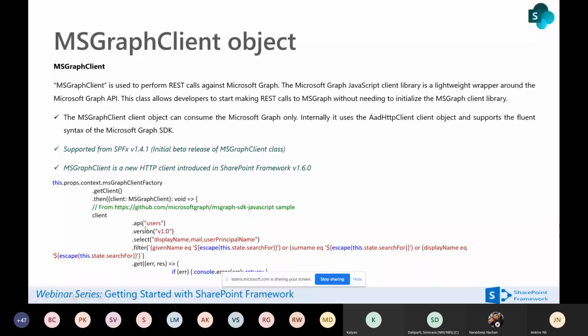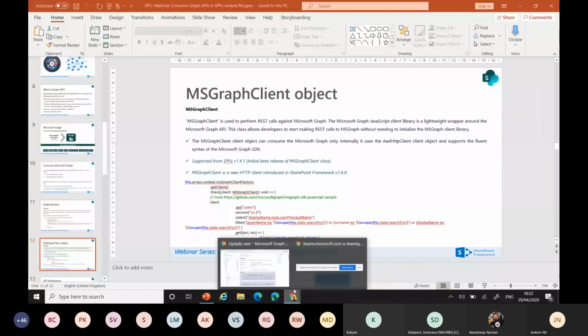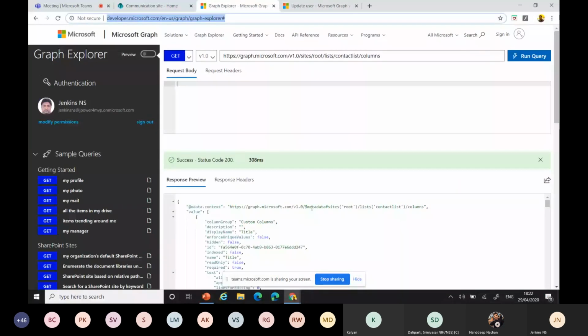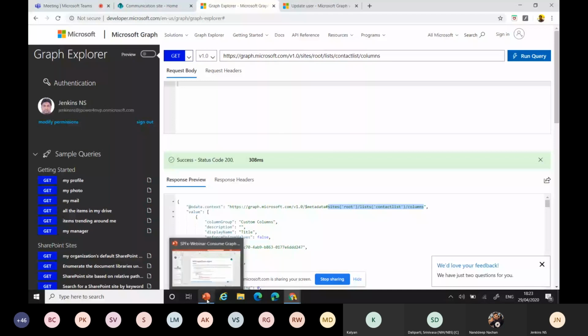This is a user API. That's the reason it's a single word. If you go for sites, whenever you can see the URL output, how to take the API, it's better to understand it from the Graph Explorer. From here, you can see the metadata, sites hash. You can take this as an API. Then you can easily process the value, and we can identify it like that. That's easy to work on your APIs. Everything looks like that only. You can understand that.